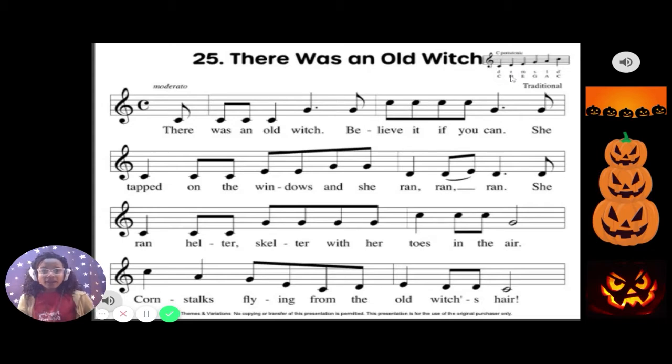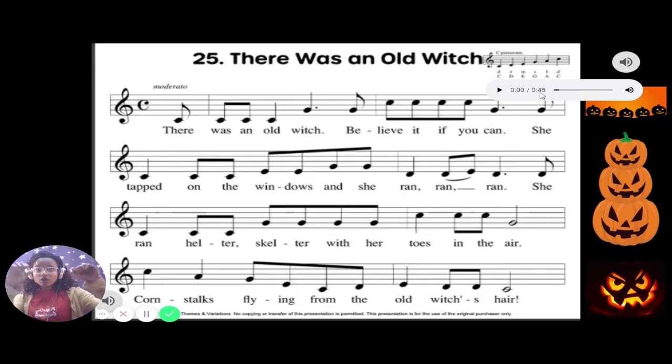And up here we have some of the note names. We're just going to focus on the C's and the G's. All right. Let's see. On all of the low C's, we're going to show our do again like this. On all of our G's, we'll show so, and all of our high C's will show high do. Let's listen to it, and I'm going to ask you to sign along with me as we hear the different parts of the melody.